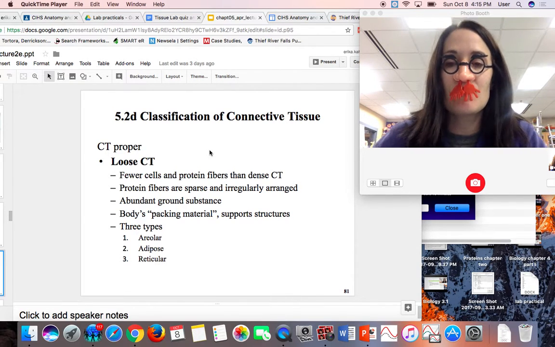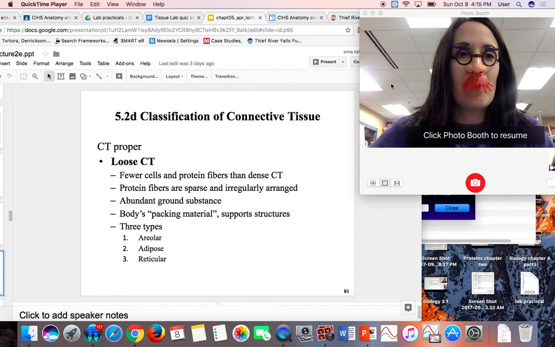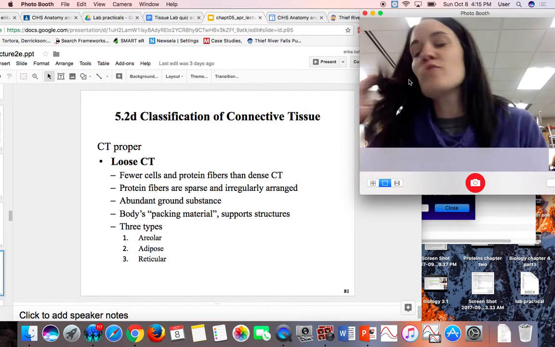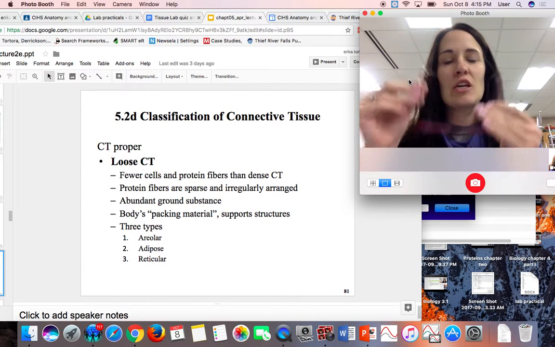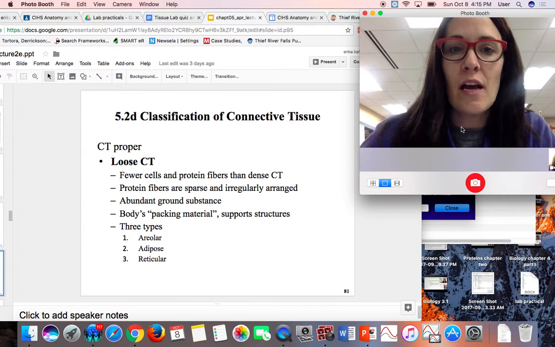So loose connective tissue is a specific category of connective. Okay, that's enough. Wardrobe change. Okay, started to itch. Loose connective tissue is a category of connective tissue that has fewer cells and protein fibers